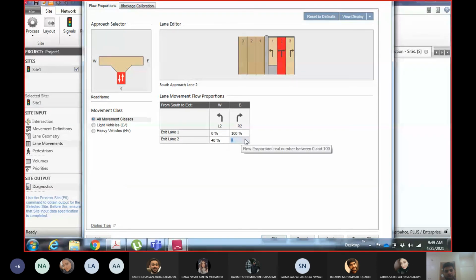How much of right turning and how much of left turning will be allowed from lane 1 and lane 2.